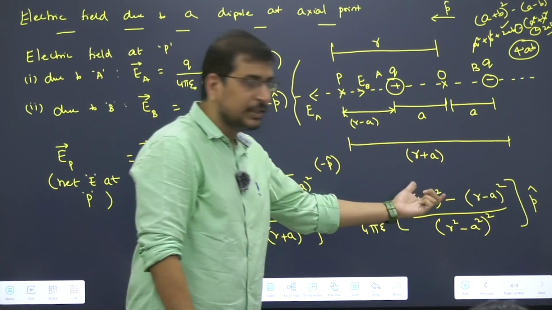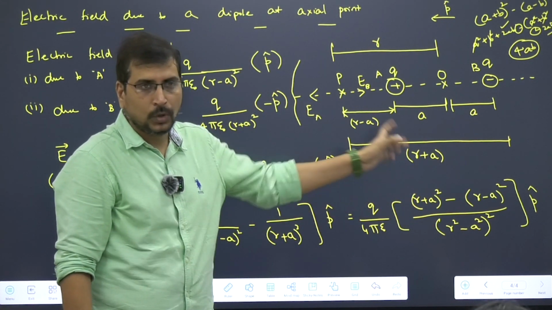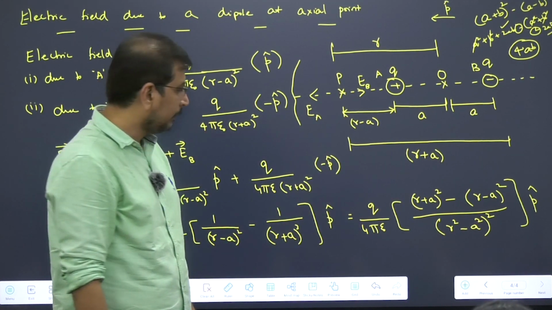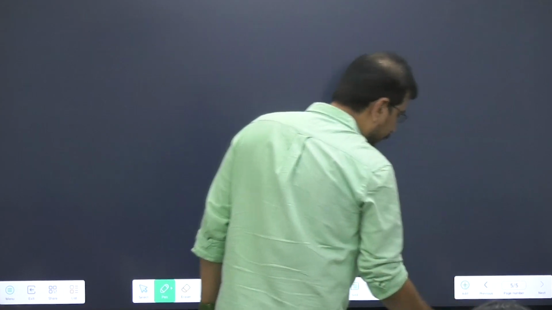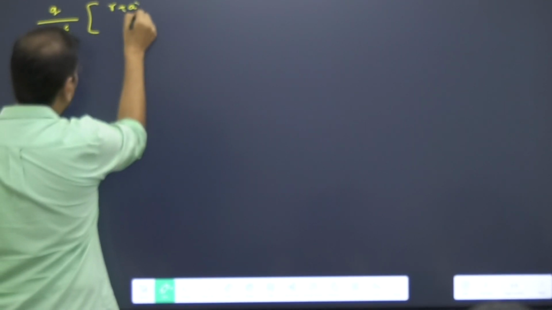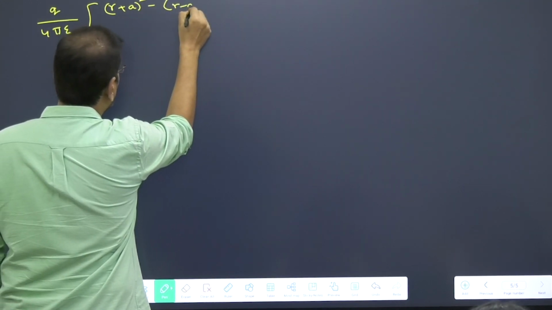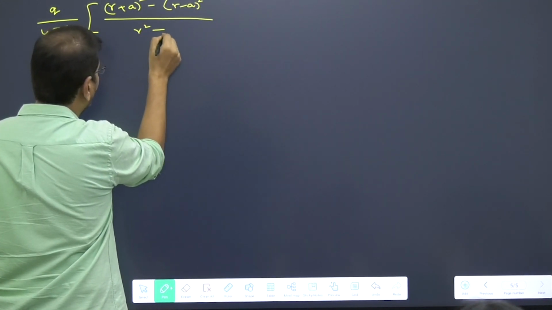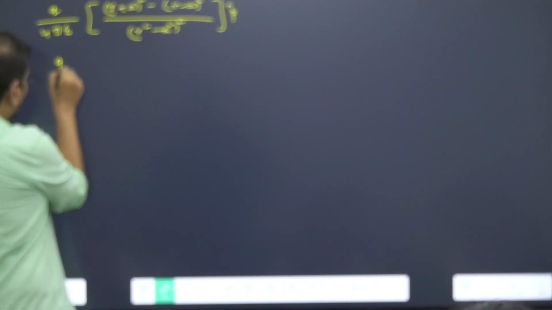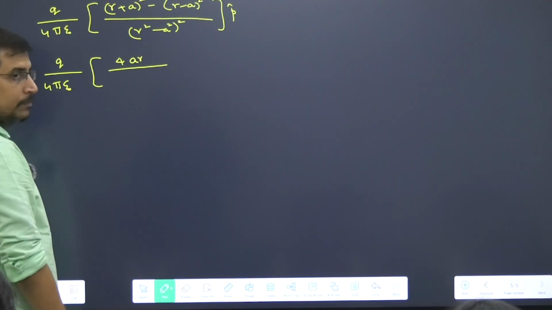So what will happen here? It should be 4 times a into r. Here a is r, b is a. So 4 times ar, right? So it will be q divided by 4 pi epsilon naught into, just to understand, I am writing this again, (r plus a) the whole square minus (r minus a) the whole square divided by (r square minus a square) the whole square times p cap. This is what you are going to get. So q divided by 4 pi epsilon naught into, here it is going to be 4 times ar divided by,